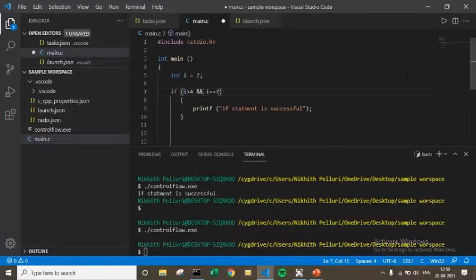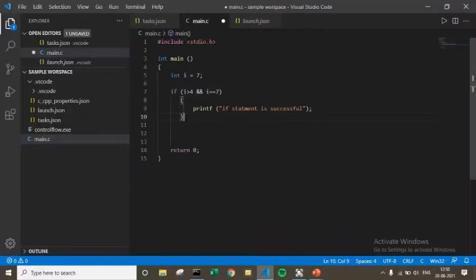So let's close our terminal. If I is equal to 7, print out this. If I is not equal to 7, let it be 10, and else, do this.